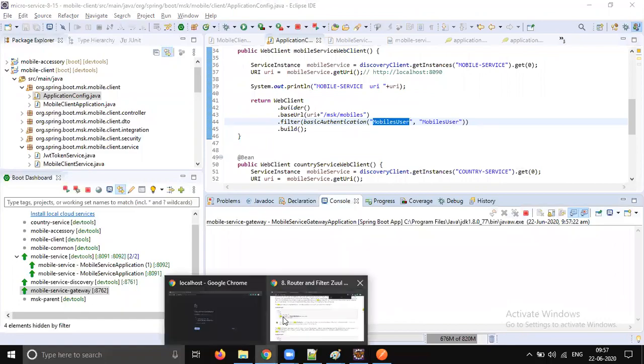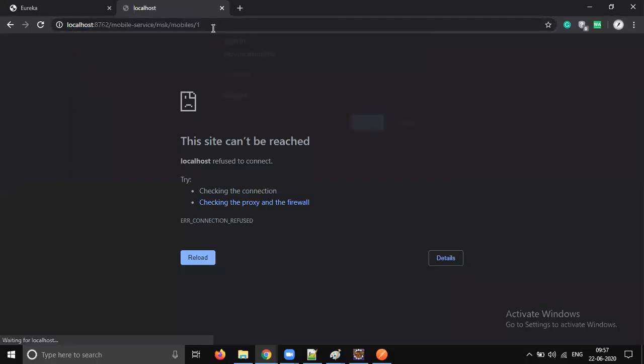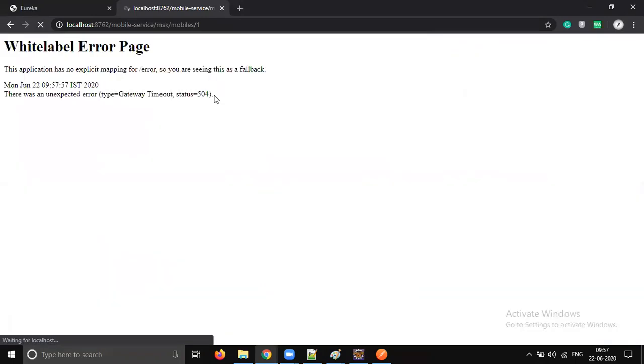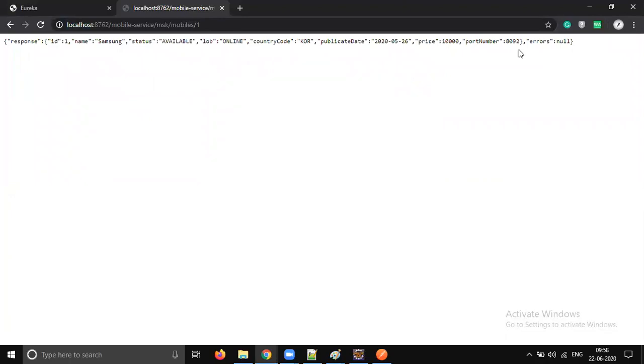Let's go and send the request to gateway 8762. As soon as you enter, it is asking to enter the username and password. As you said, you just enter that. It takes you to a timeout. Okay, timeout is fine. Let's try a couple of times. From which server do we get the response? 8092. Send it. You see there is a difference. 8091. You send it, 8092. Send it one more time. 8091, 8092, 8091. Load is balancing automatically by the load balancer.